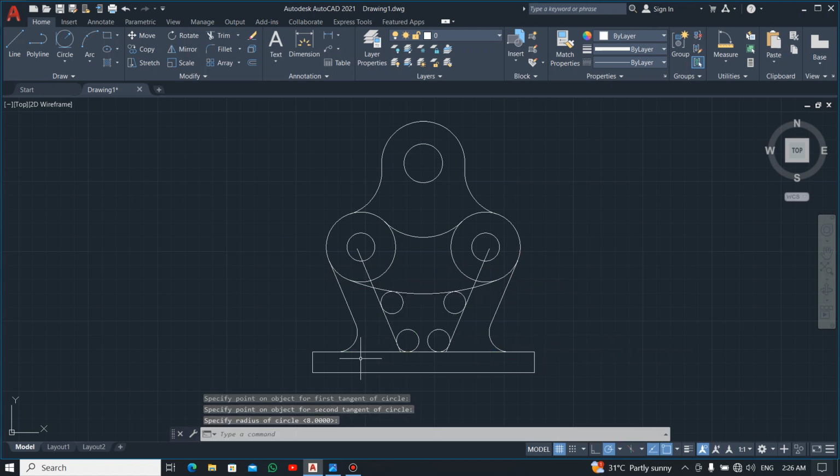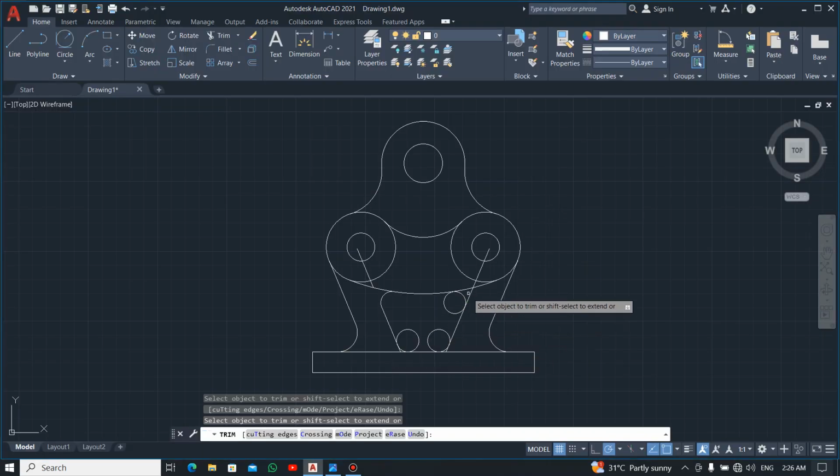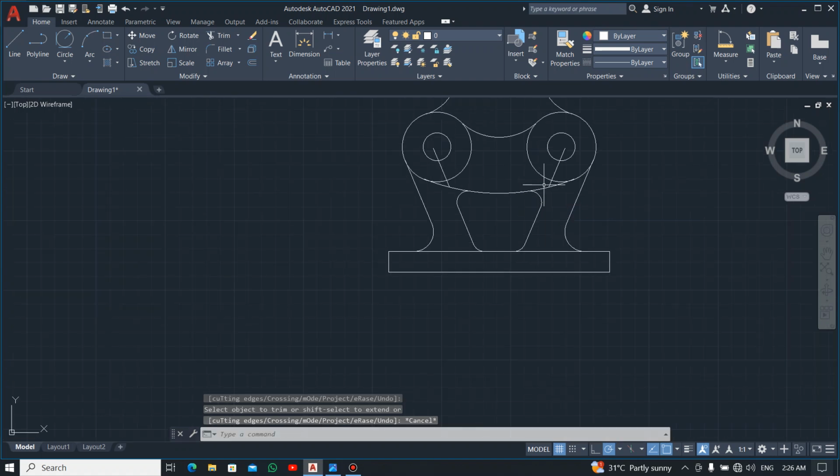Okay, so now we have to trim the unwanted lines that we don't need. We don't need this one. Let me see. Yeah, we don't need that one. We don't need this. We don't need this. We don't need this one as well. So let me trim these excess lines. Okay, now we can delete this line. We don't want it anymore. All right,